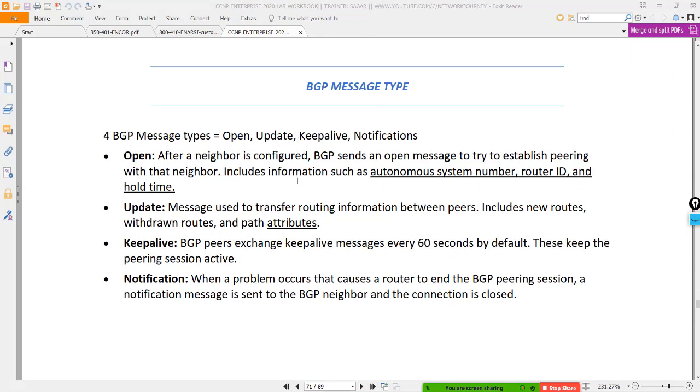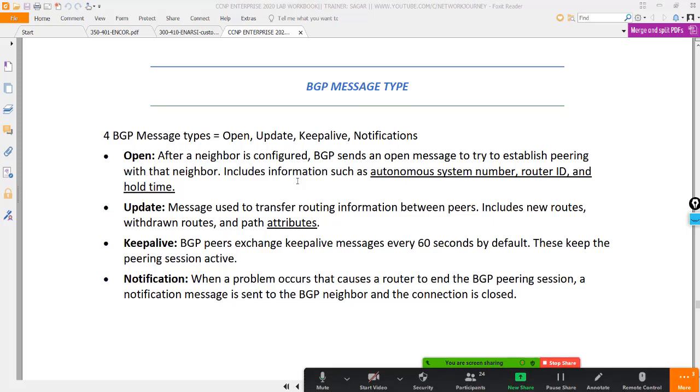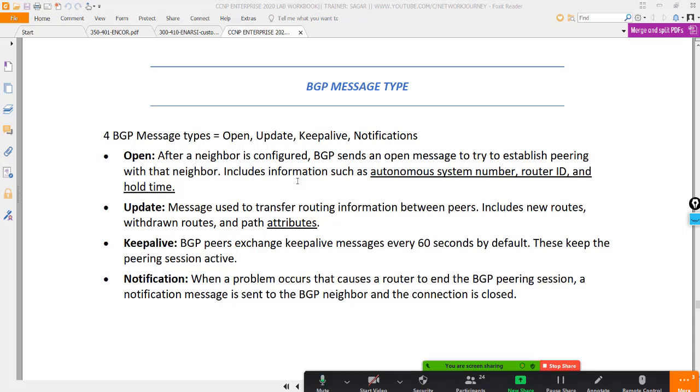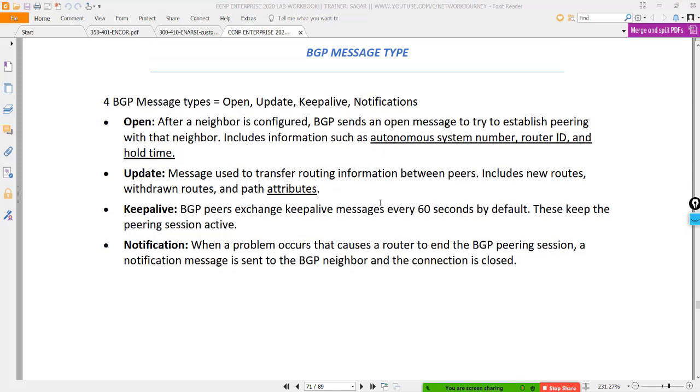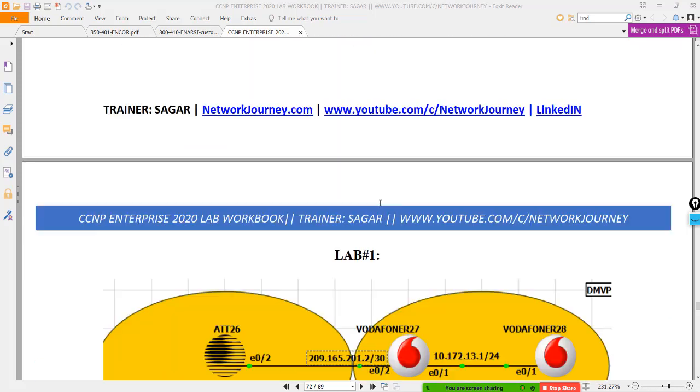This is a message type in the case of BGP. When there are two routers forming BGP, they will start with some message. Once they form the neighborship, the update has to be sent and there will be some keepalive time. Those are all taken care of by the packets. We call it a message or a message type.